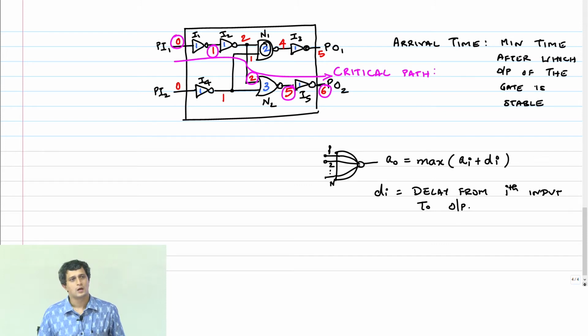Okay. So now I'm going to flip the problem. I gave you the sizes, I gave you the delays, we could find a critical path, we could do some analysis. Suppose I didn't do that, right? I had to now do my gate sizing problem on this circuit. What is the gate sizing problem on this circuit? I need to find the input capacitance of every gate so that the latest arrival time at any of the outputs does not exceed a timing spec. This is what I need to do, right? So I'm going to flip this now.